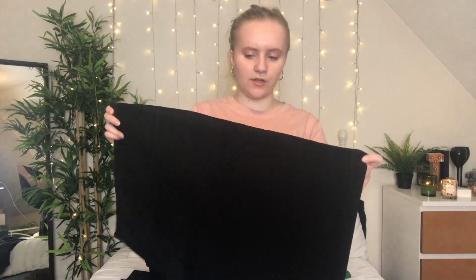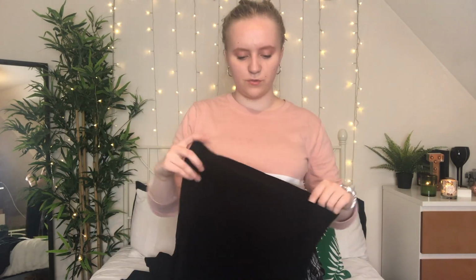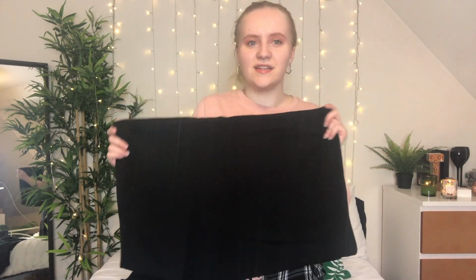It's a really nice material, really comfortable, a little bit stretchy without it being like a full jersey material, so it's definitely easy to dress up for work or going to church or whatever, but then it's still casual enough that you can definitely dress it down and look and be a lot more,